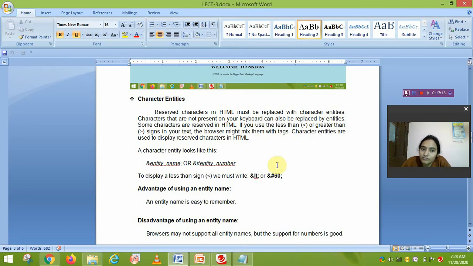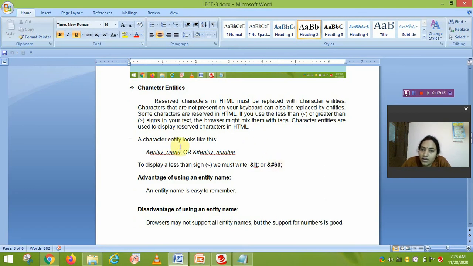Okay, a character entity looks like an ampersand plus an entity name, or an ampersand, hash, and an entity number. Okay, the ampersand symbol is placed there for these character entities. If you write the name, then only the ampersand symbol is there.